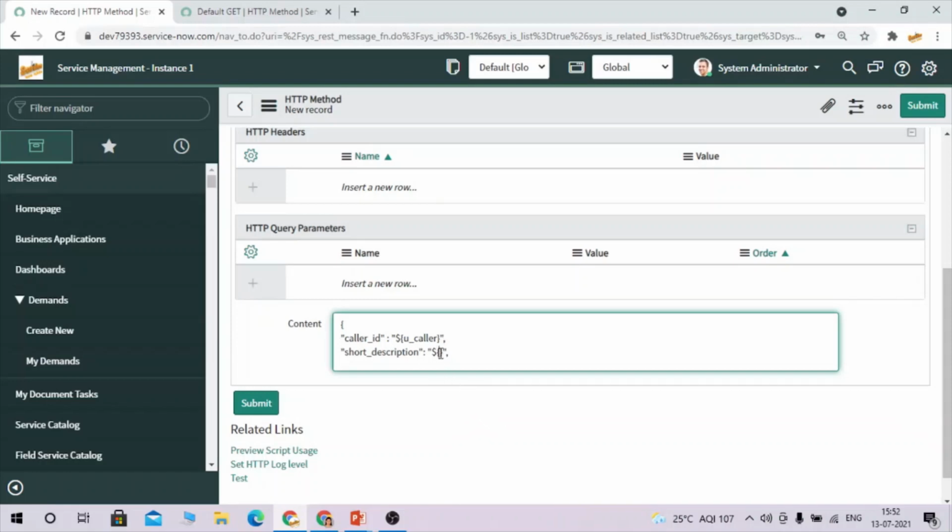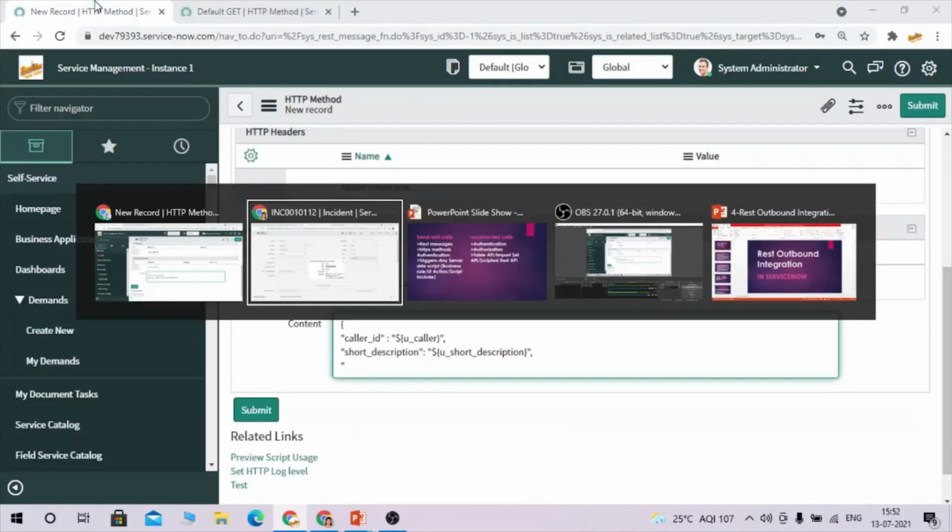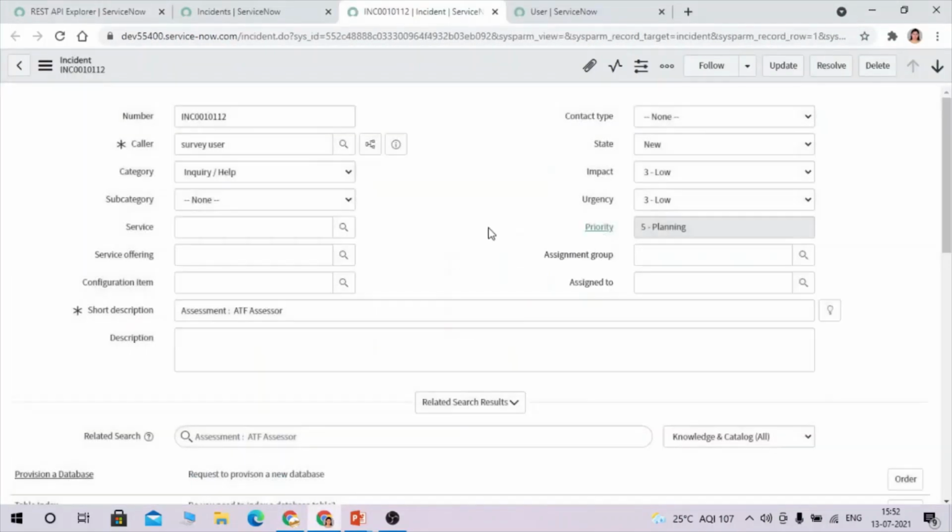So here I am passing u_short_description, and I'm setting the description. Sorry, I need to go to target.